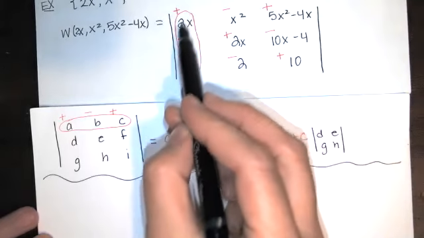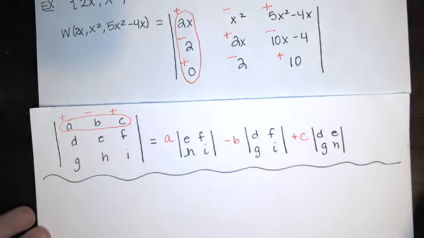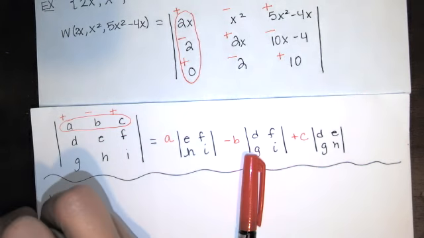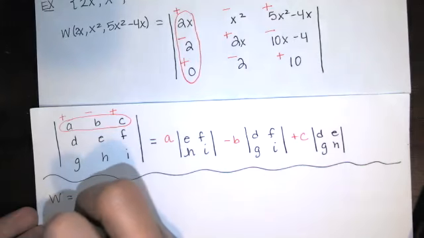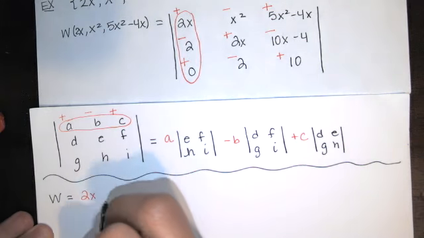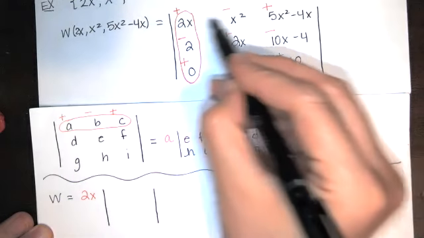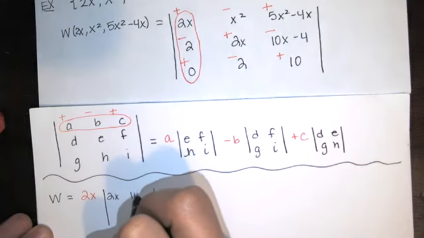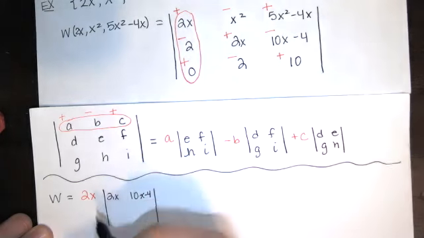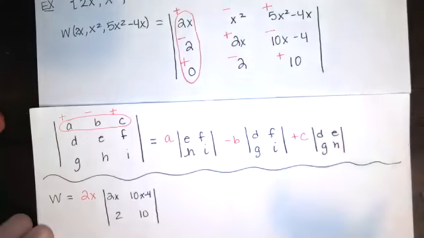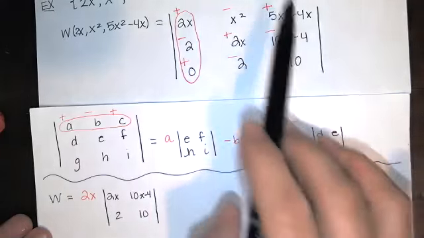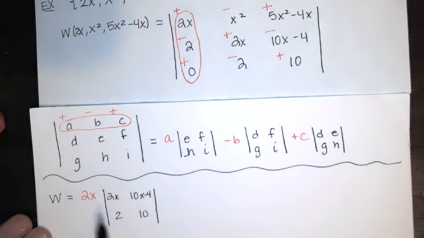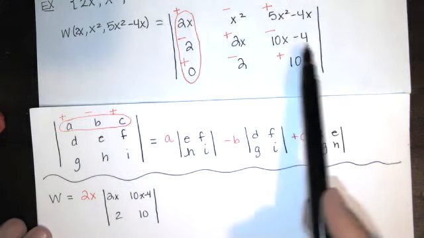Okay, so you're going to cross out the row and column containing that 2x, and I'll just write W equals. We'll have 2x times this 2 by 2 determinant. Cross out this row and this column, and you've got a 2x and 10x minus 4, and a 2 and a 10. And you want to ignore those red signs. Those were only for this column that you're expanding along. They do not affect the expressions in the 2 by 2 determinants that you're multiplying by here. So you've got 2x times that guy,